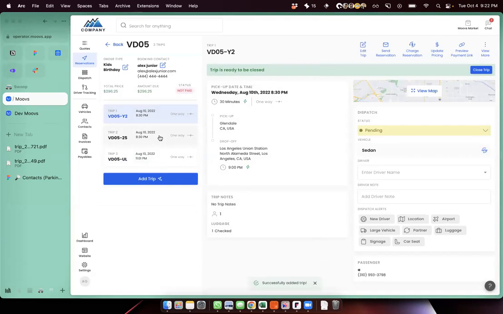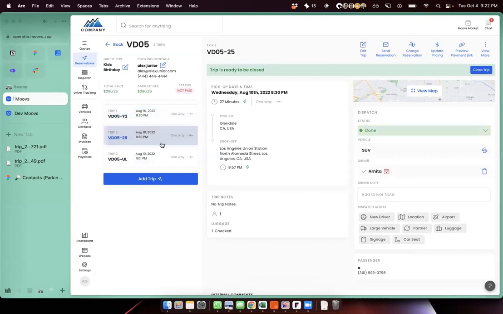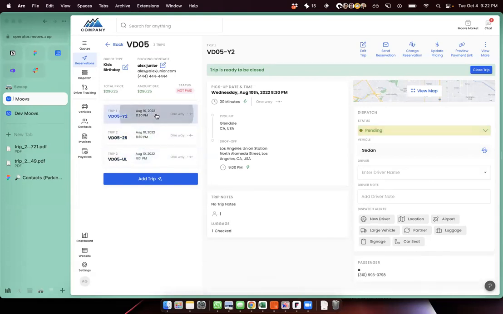And would that allow me to also select a different driver? That's exactly it. Okay. Yeah, I guess that would work. Because the thing is, with the other way, be careful what you wish for. If both drivers are assigned to 2 vehicles, which are assigned to 1 trip, the trip details are identical, right?